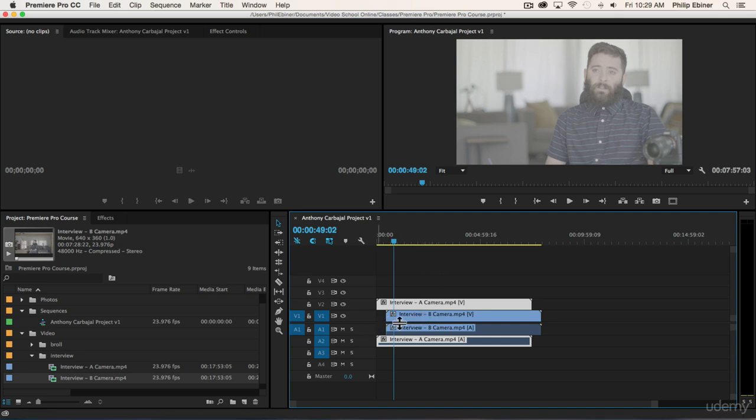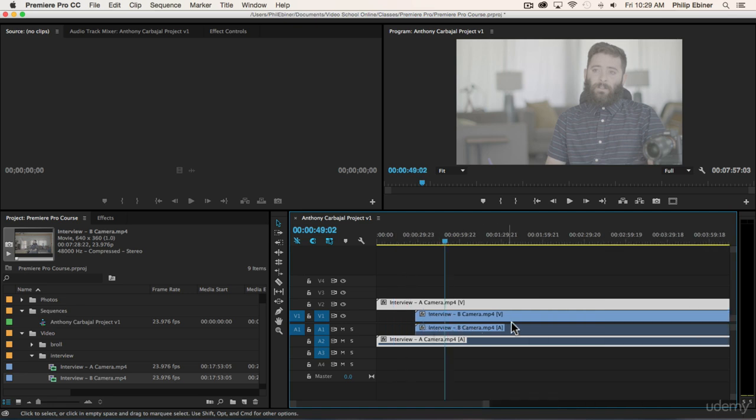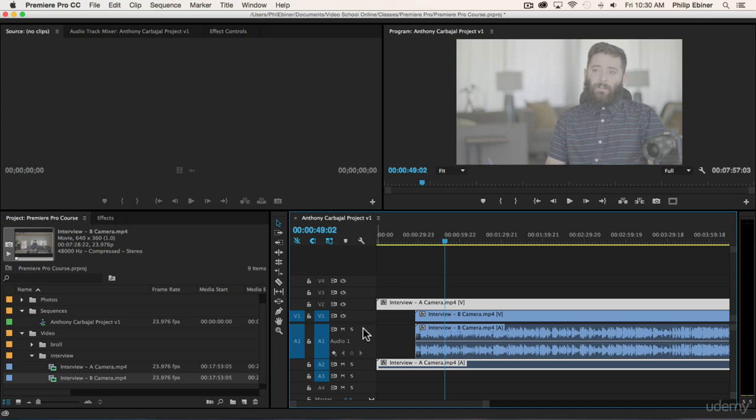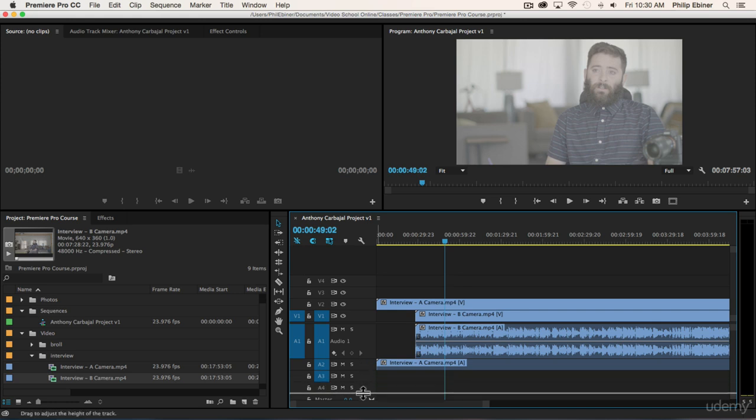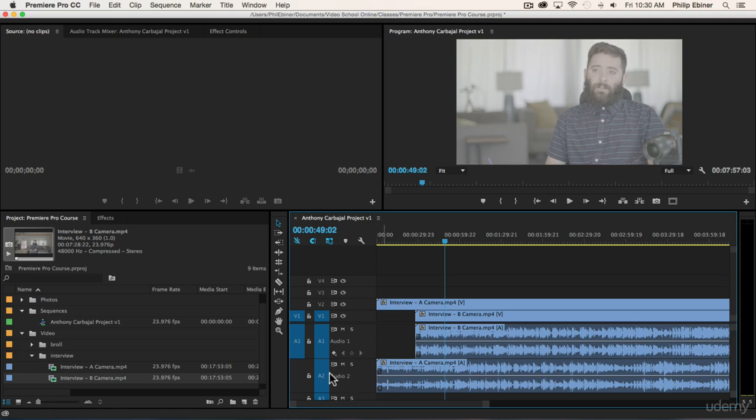The next thing we have to do is sync this camera to A camera and B camera. I'm going to zoom in on the timeline using the plus button on my keyboard. Then I'm going to expand the audio track so that I can actually see the waveforms in the track. What I can do is double click in this area to the right of the S and to the left of this line in this audio track 1. And you can see when I do that, I see the audio waveforms. We can double click here, or I can just click and drag at the bottom of this track to expand